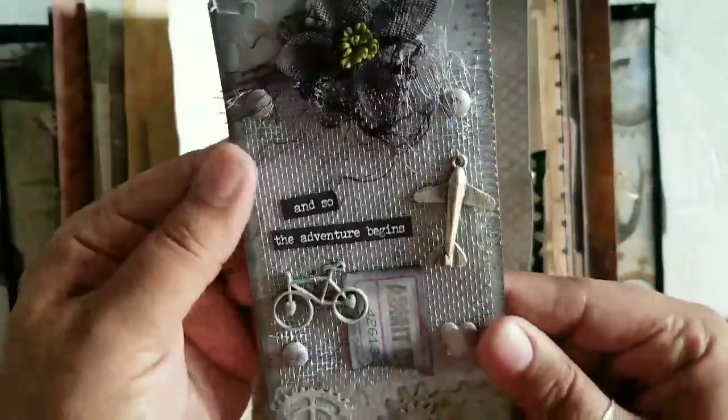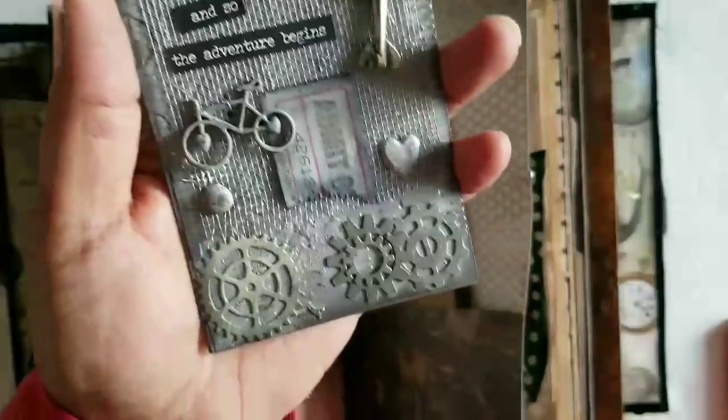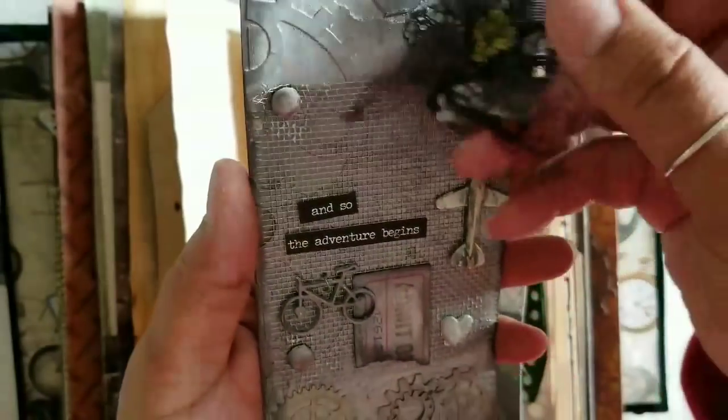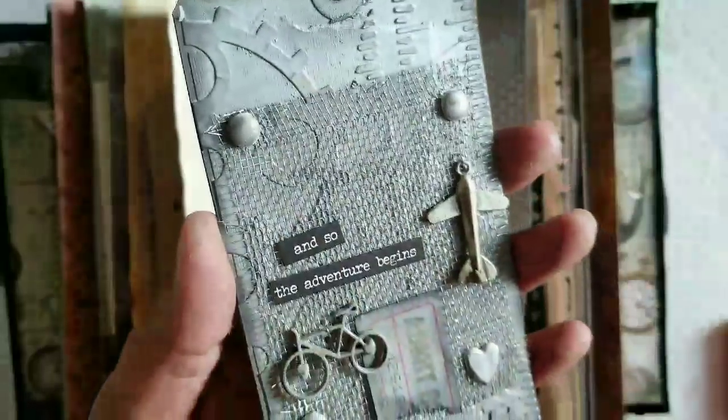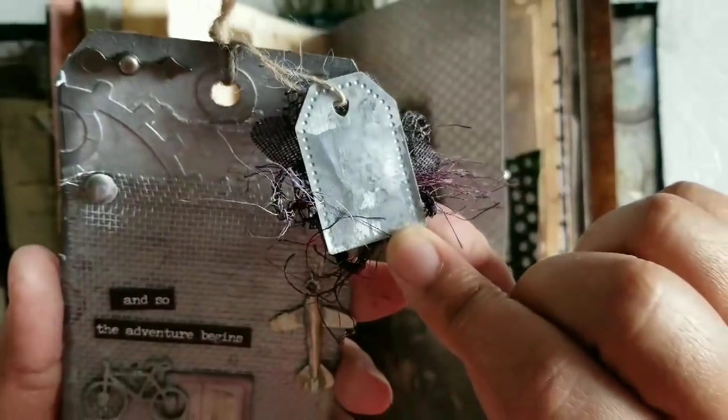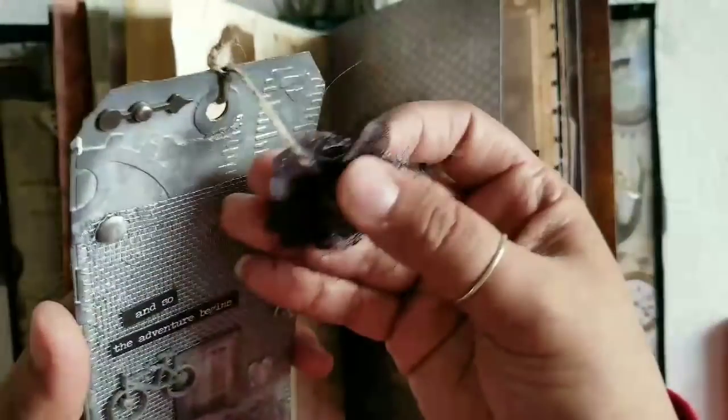So here it is. G had sent me some mesh, so there's some mesh on there, some paper gears, metal gears, brads, and then this, it's a little tag. Well, you can see on the background there's some background stuff, texture paste, and more gears and stuff. And then this is a little metal tag that he also sent me,